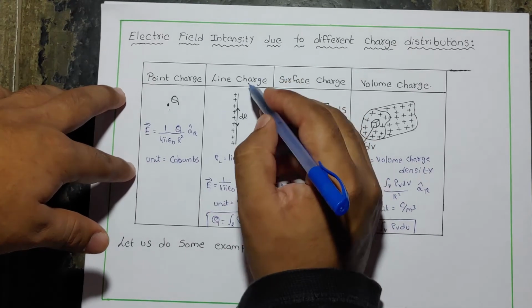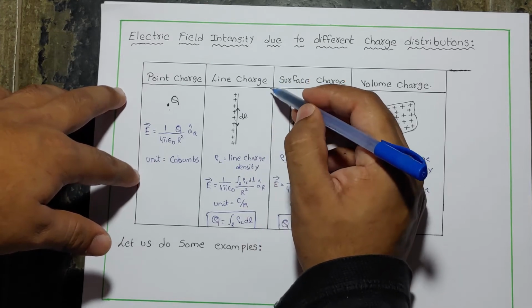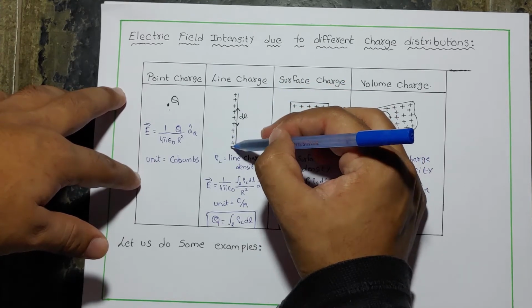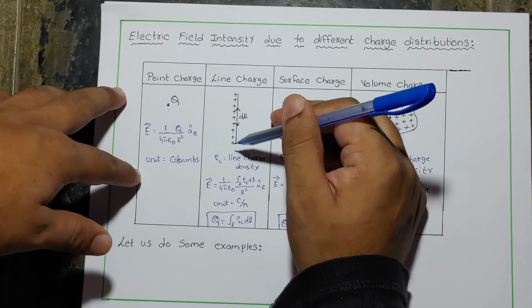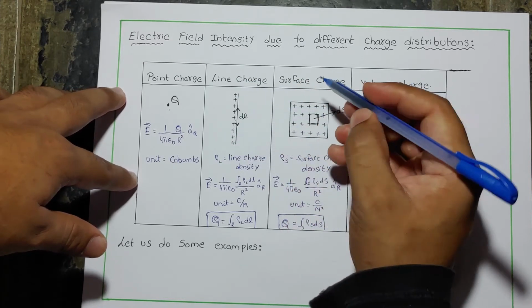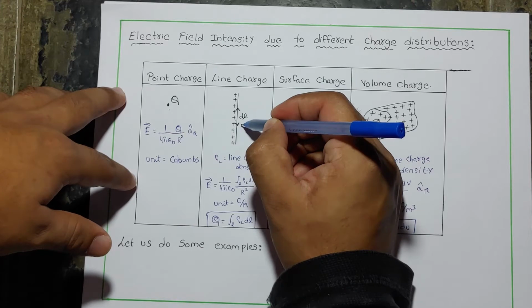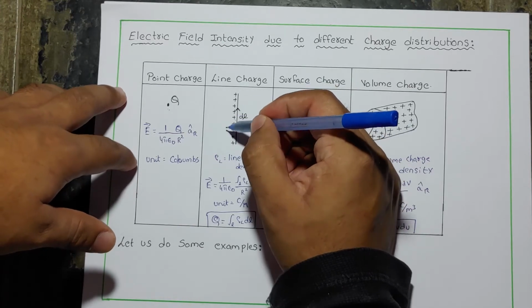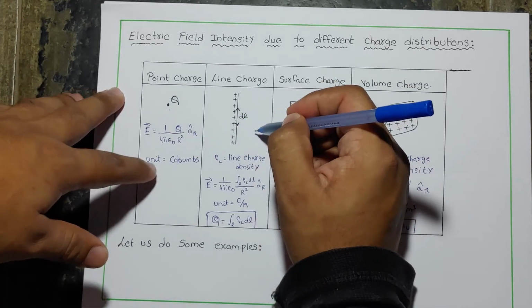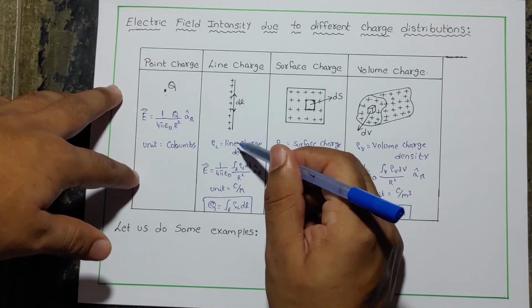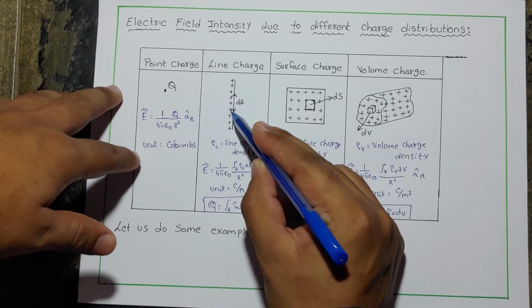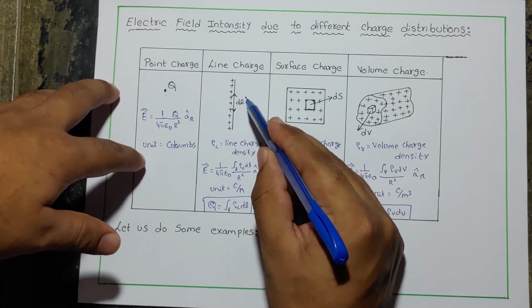Now let us do on line charge. Here we have to find the electric field intensity for the total charge. As it is a large task, let us take a differential element and integrate over it to obtain the full charge. Here we are going to use line charge density, which is a charge density in the whole line.